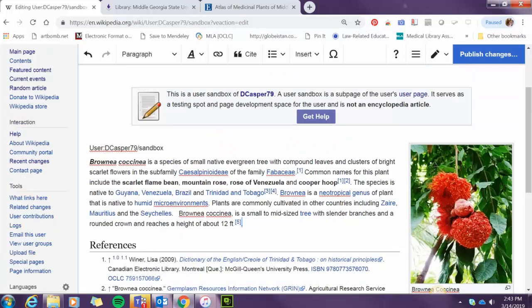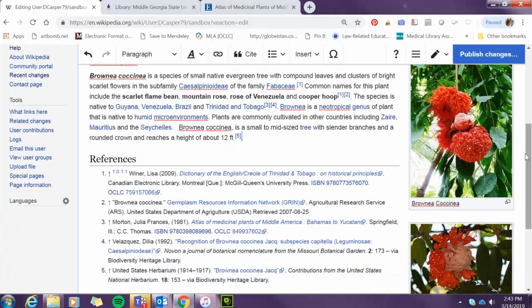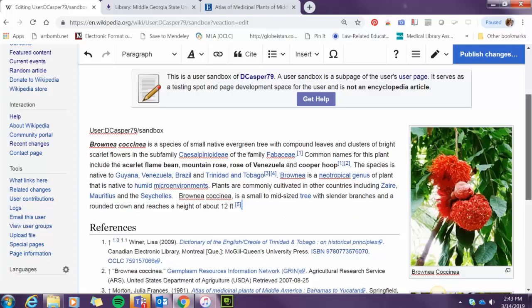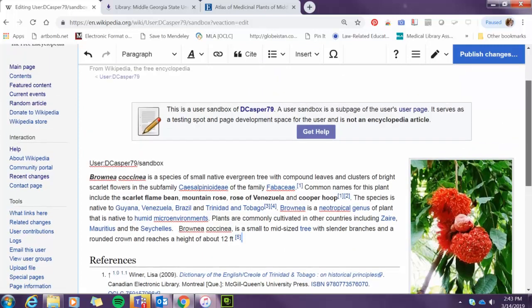So in order to add a photo, for example, you're going to be using Creative Commons images, which you can search through.